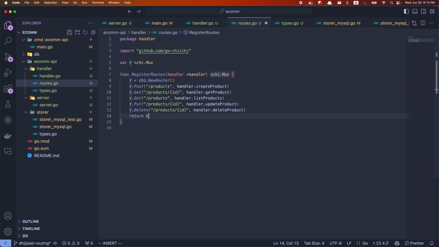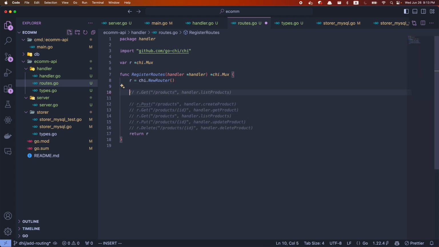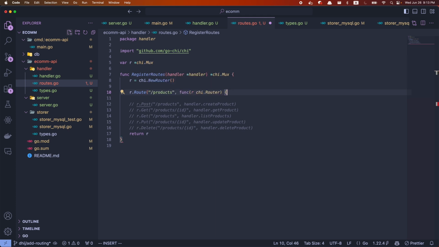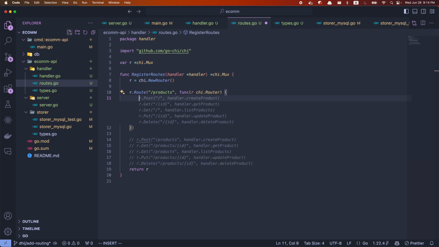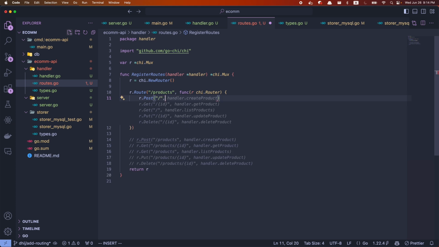Surprisingly, Copilot gives me some suggestions, but I'm going to group them together and make it a little bit more simple. So I can call r.route and define a products endpoint and pass in a function that takes in a router as its argument. And under this products endpoint, we take in a post request to create our product,